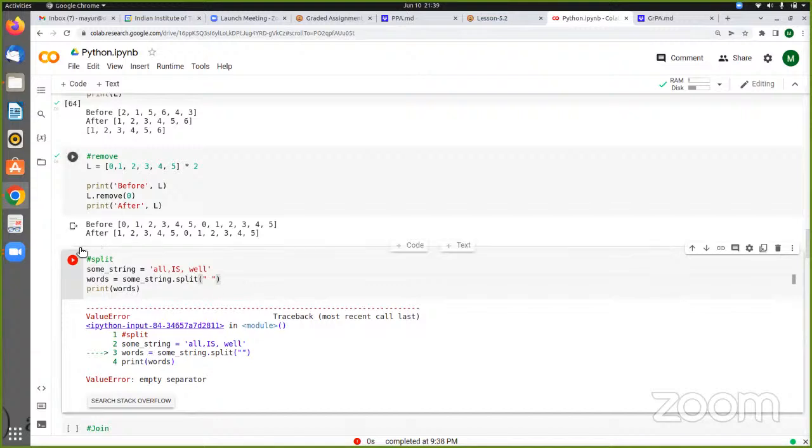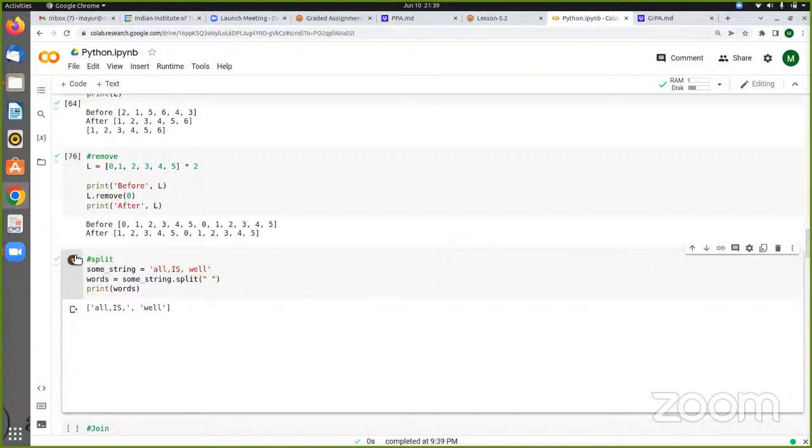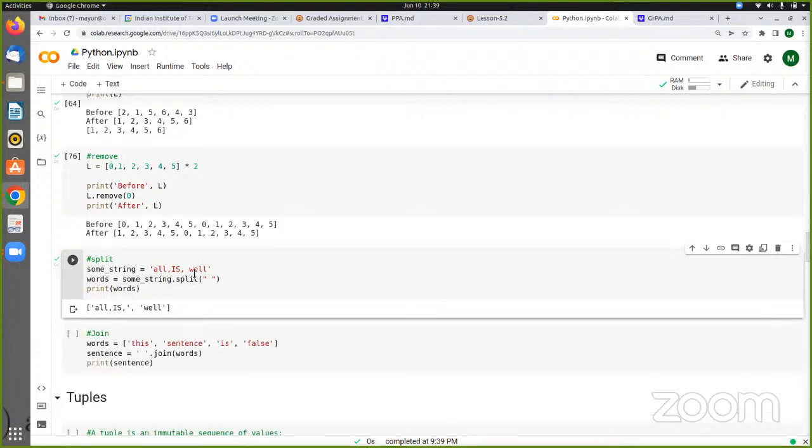Okay, so without space, it should not remove. See now, because it is seeing that space here, it is going to remove there, right? Okay, one more thing I wanted to show is